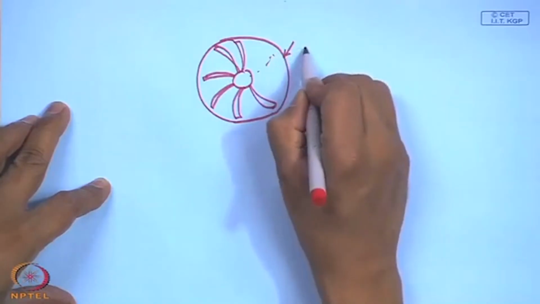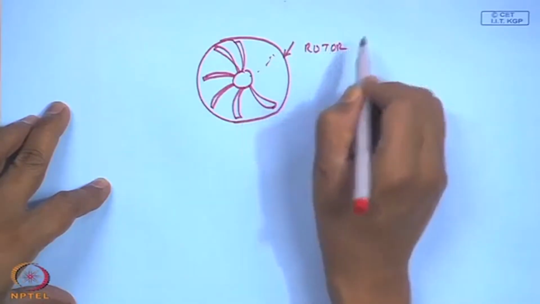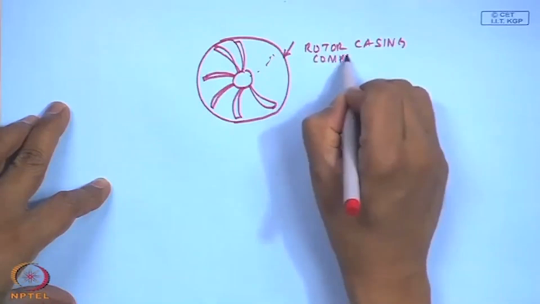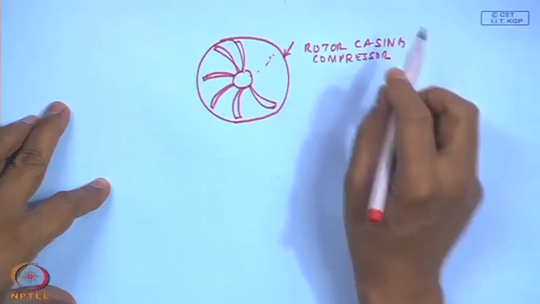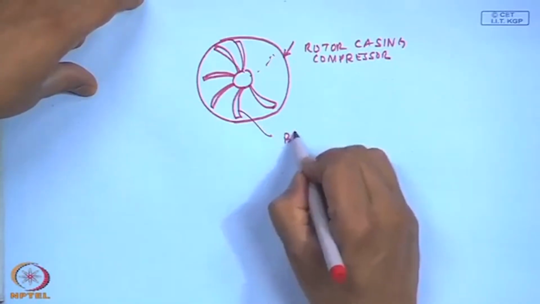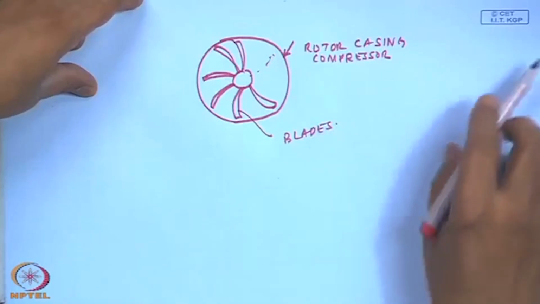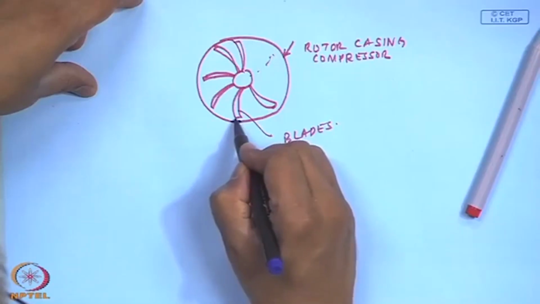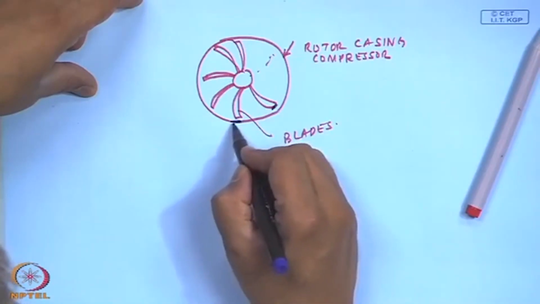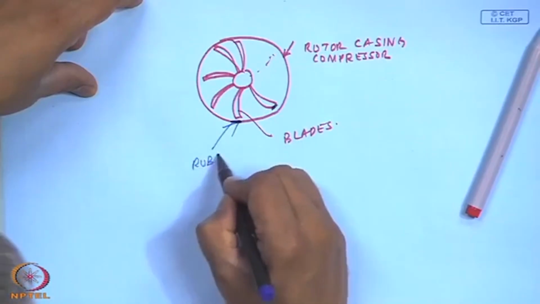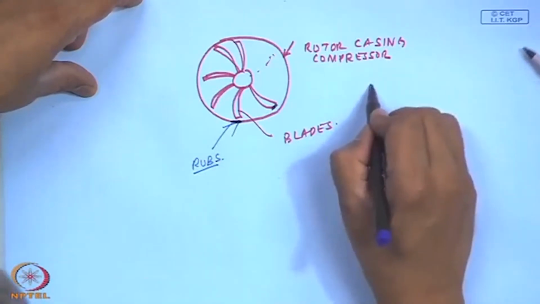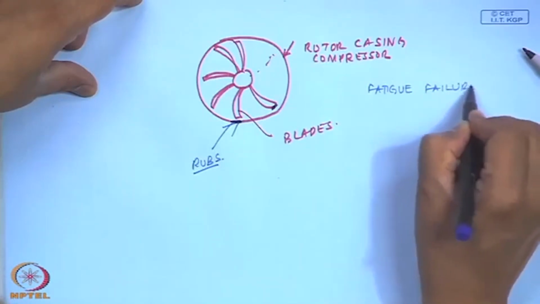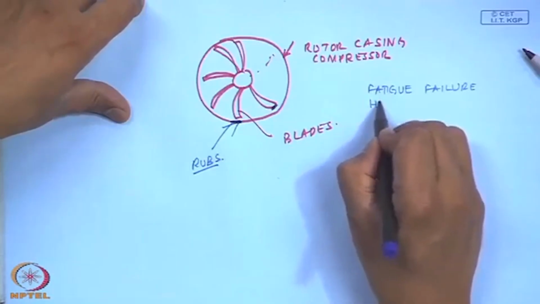And this is the rotor casing or the compressor casing. And these are the sets of blades. Imagine because of a misalignment, this edge touches this casing. So, if there is a rub, there will be fatigue failure, there could be high heat generation,